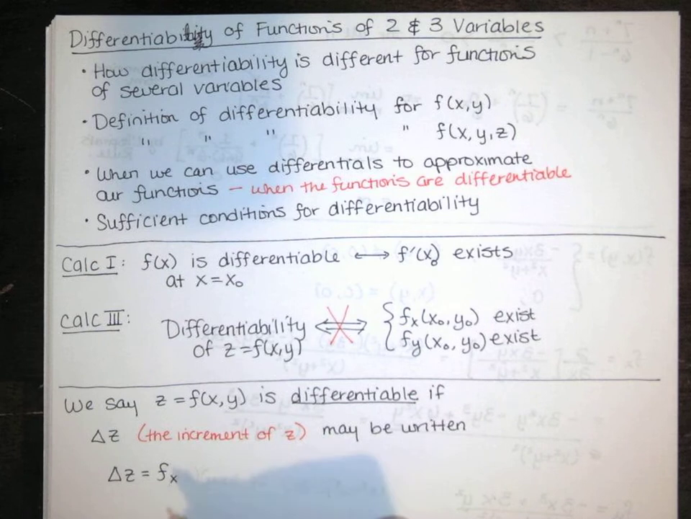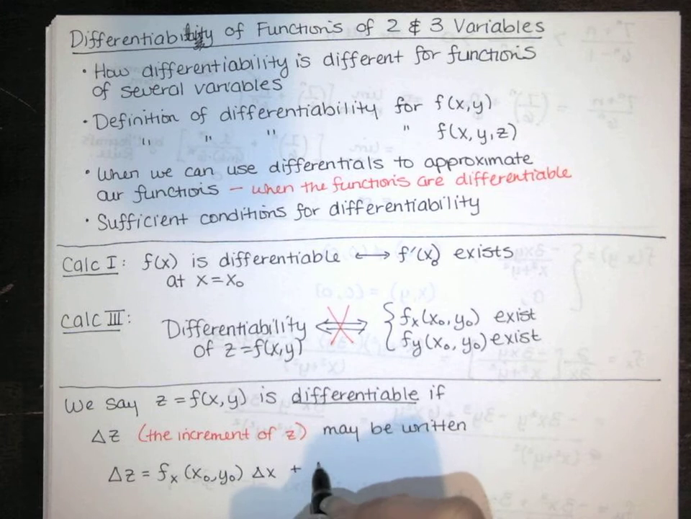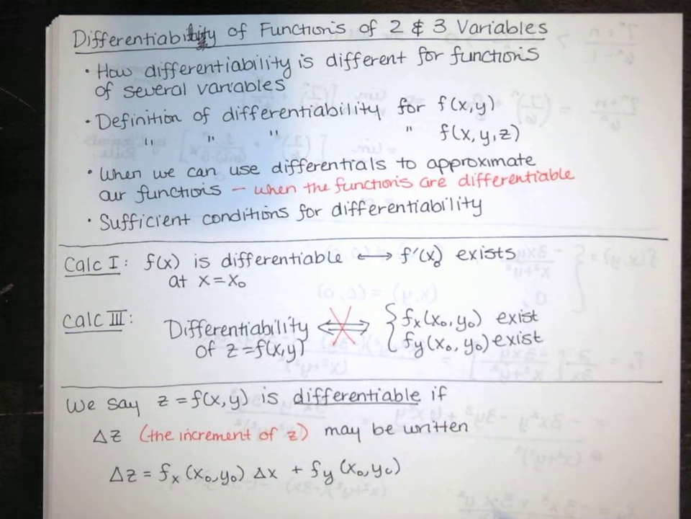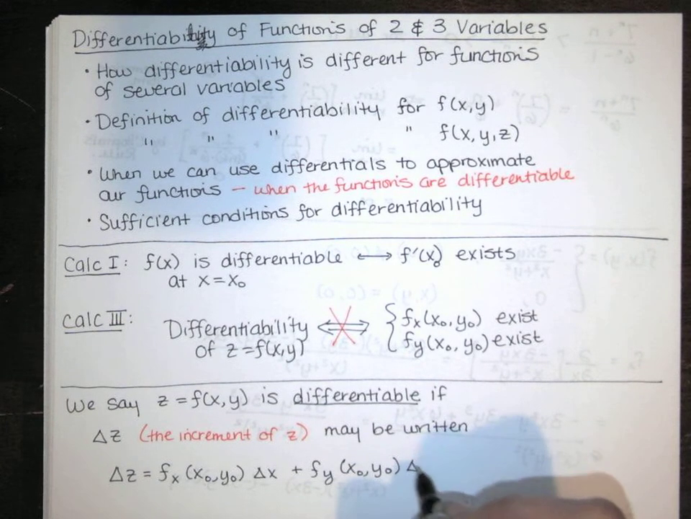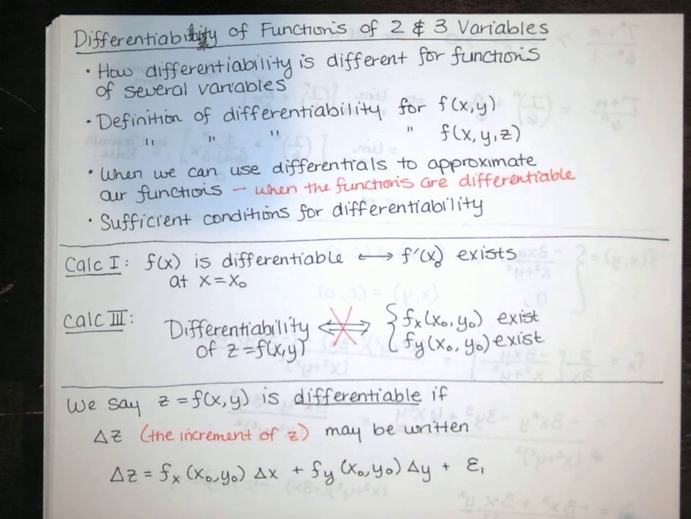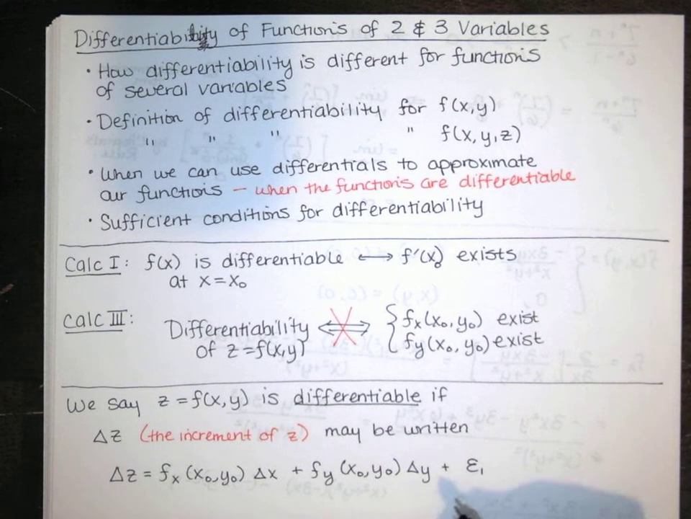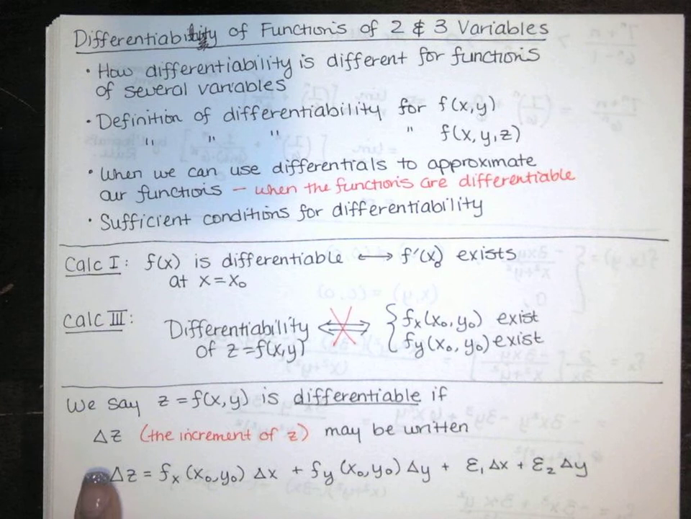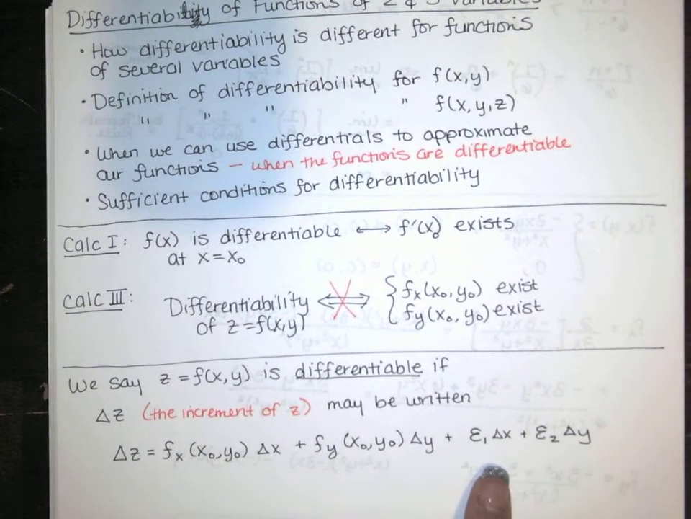as the partial of f with respect to x at x naught, y naught times delta x, plus the partial of f with respect to y at x naught, y naught times delta y, plus epsilon 1, which is a function that may depend on x, y, delta x, delta y, times delta x, plus epsilon 2, which may be a function of x, y, delta x, delta y, times delta y. If the increment of z can be written this way,